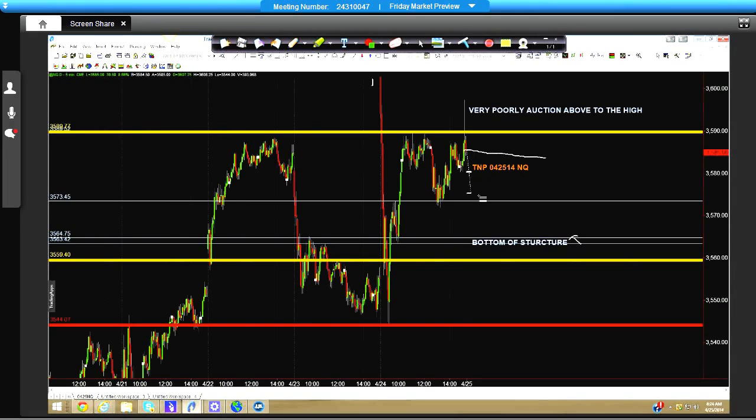And if we open right here, okay? That would actually make some sense to get some rejection the first time. But again, remember, essentially what we have on a gap down is a huge bar that's unauctioned, and the market tends to like to come back and re-auction. If we can't get above half gap, that would be a sign of weakness, right? So my first question is if we go below this